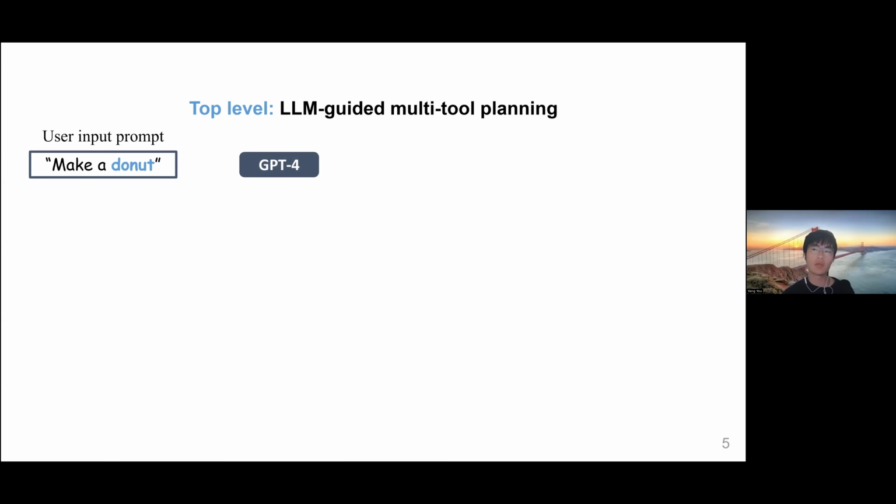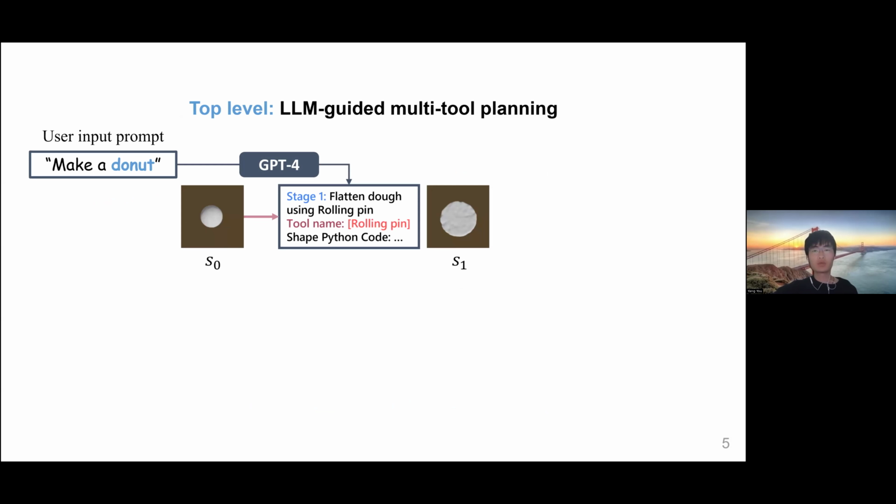So inspired by these findings, we propose a hierarchical way to manipulate the dough. In the top level, we have a large language model guided multi-tool planning module, taking the user input prompt and the context prompt, not shown here. We ask GPT how to complete the task. And for each stage, given the tool to use and also a Python code to generate intermediate subgoal states.